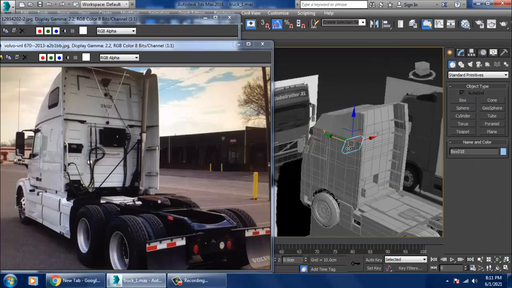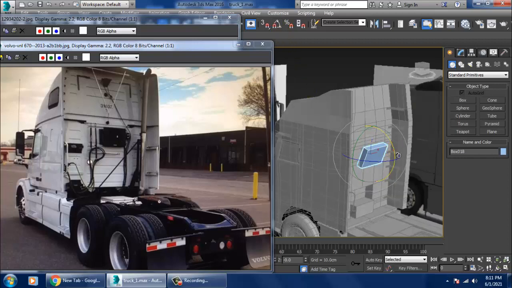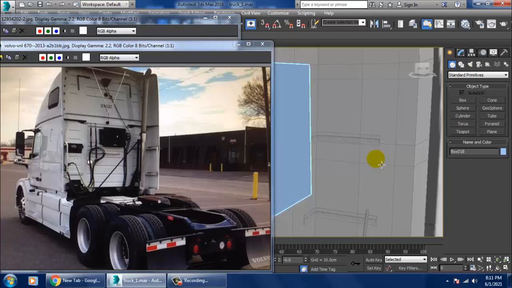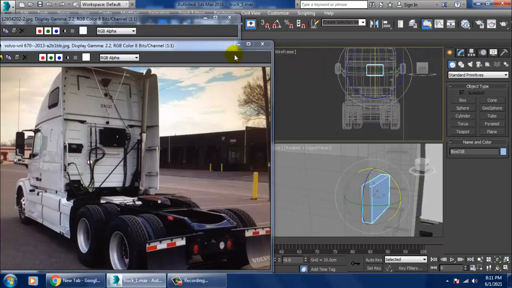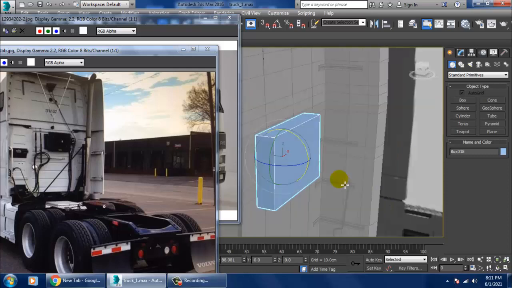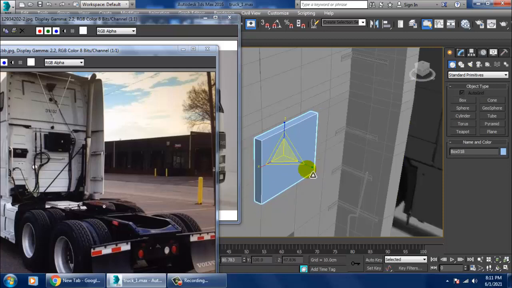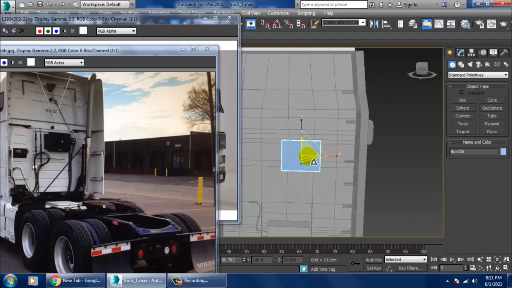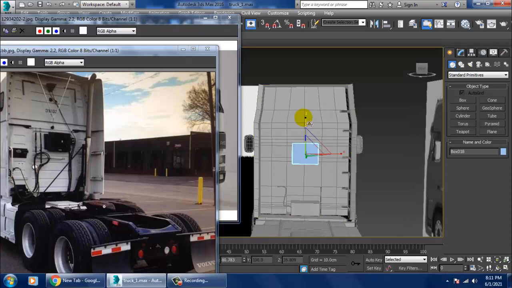Slightly I'll shuffle this. So let's go over here. Slightly scale that.